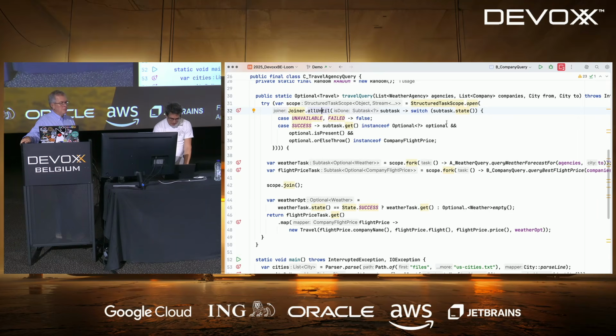And here I check if it's a success, and if it's the company flight, I will return true, which means that onComplete will return true, which means that the structured task scope is completed. So it will stop at that point.